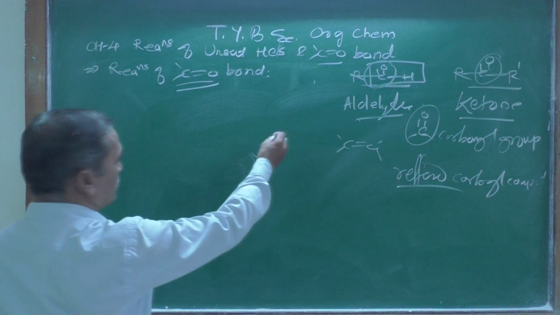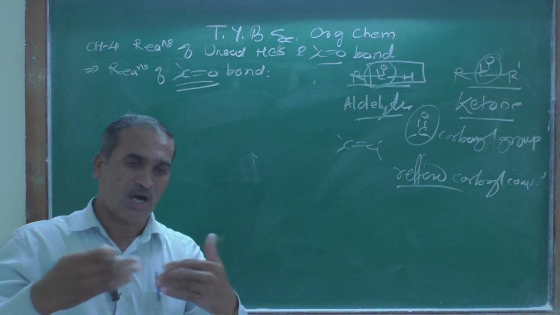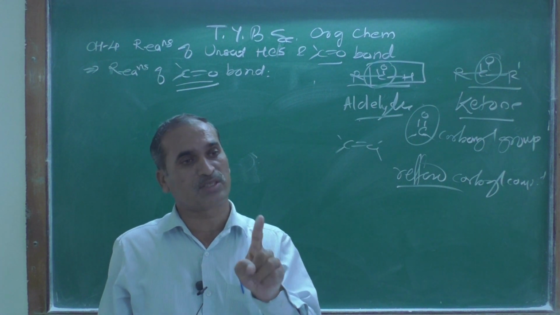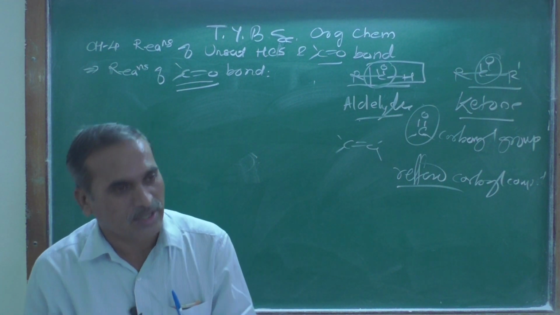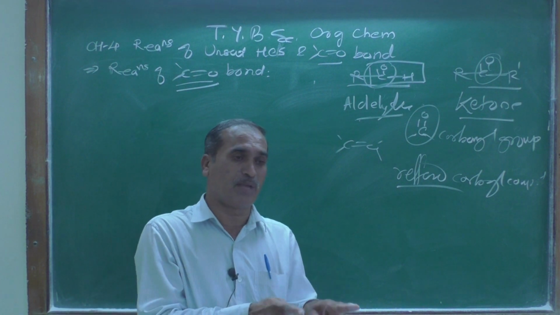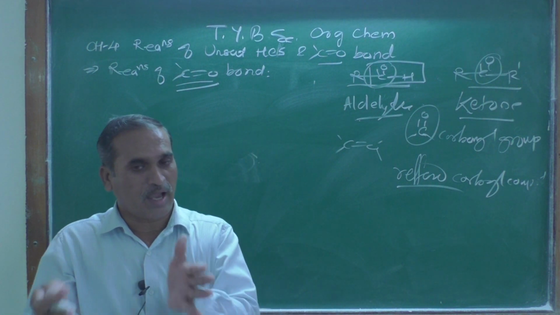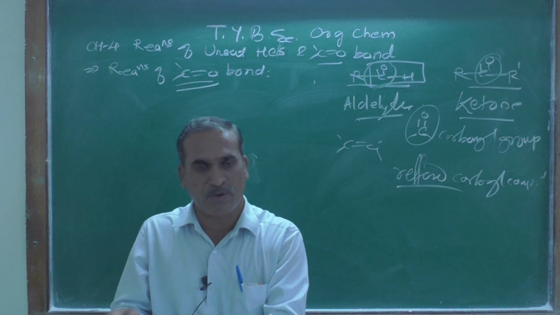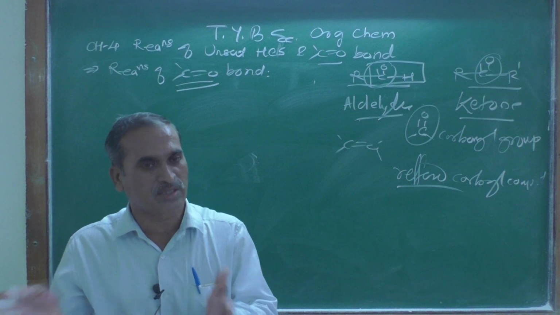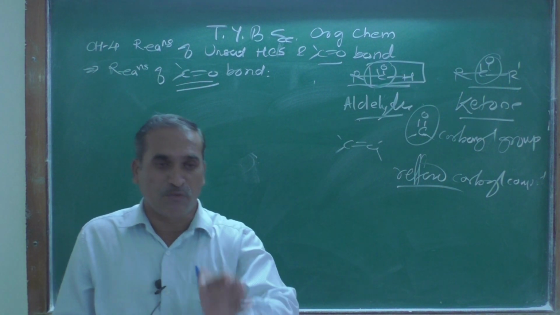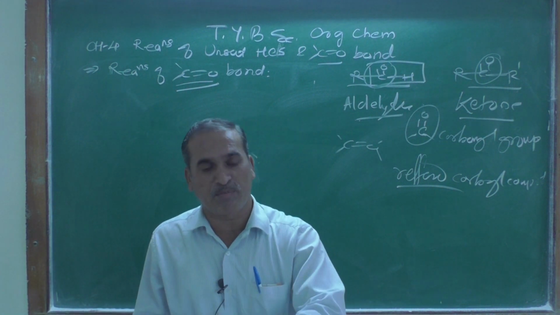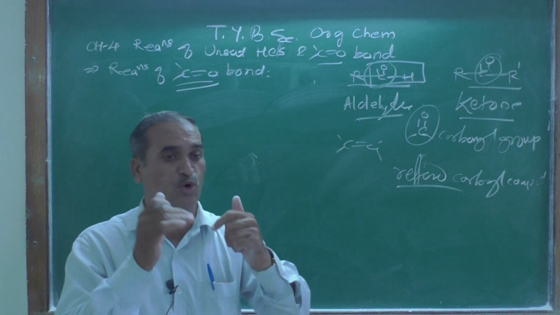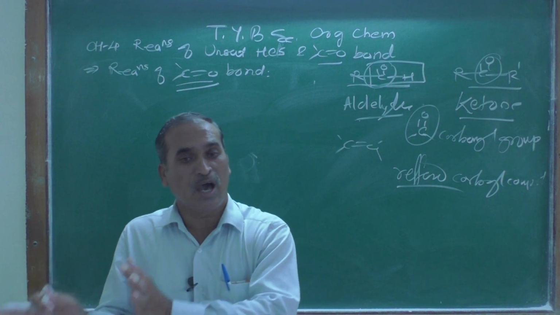Now, in another way we can define it: an organic compound having the general formula RC double bond OH is known as an aldehyde, where R may be aliphatic or aromatic. And the second one, ketone, means what? The organic compound having the general formula RC double bond O R dash is known as a ketone, where R and R dash may be aliphatic or aromatic, and you are already familiar with the words aliphatic and aromatic,